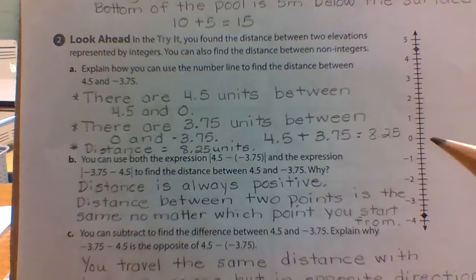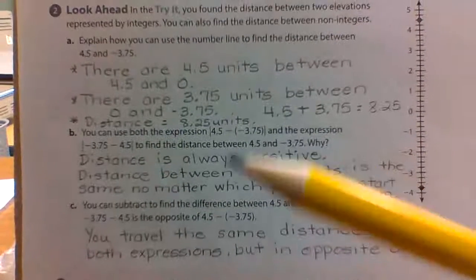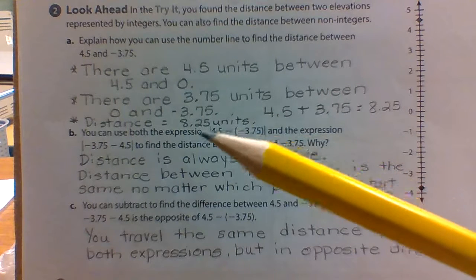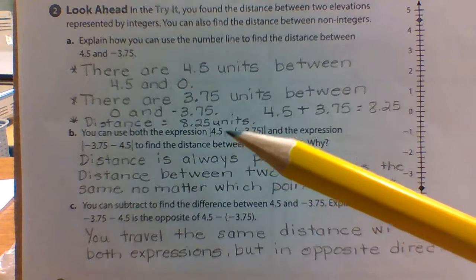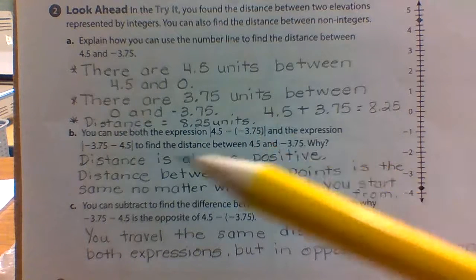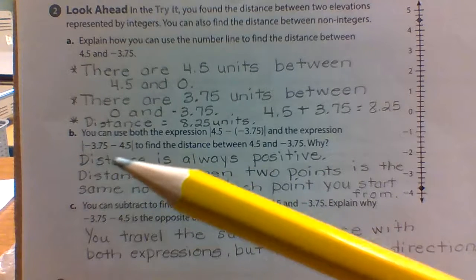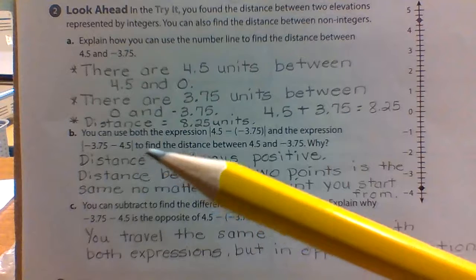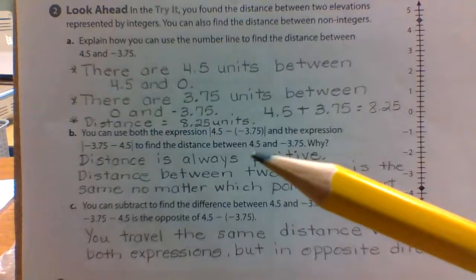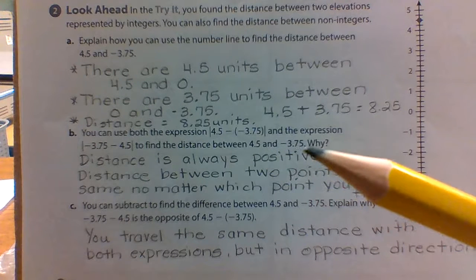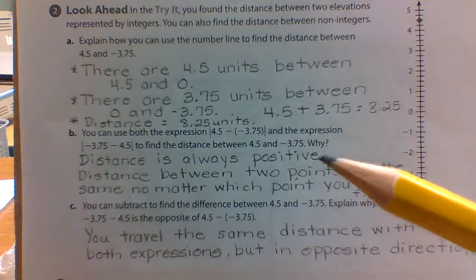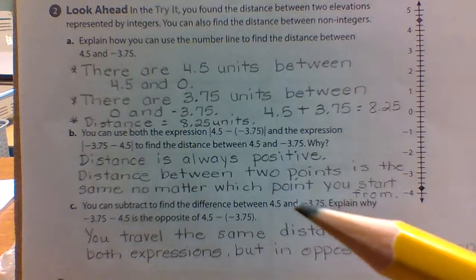Okay, moving on to the next. We're talking about the absolute value, because here's your absolute value symbol. And we've got the expression absolute value of 4.5 minus negative 3.75, and the expression of negative 3.75 minus 4.5, to find the distance between these same two numbers, 4.5 and negative 3.75. Well, we know distance is always positive. And the distance between the two points is the same no matter which